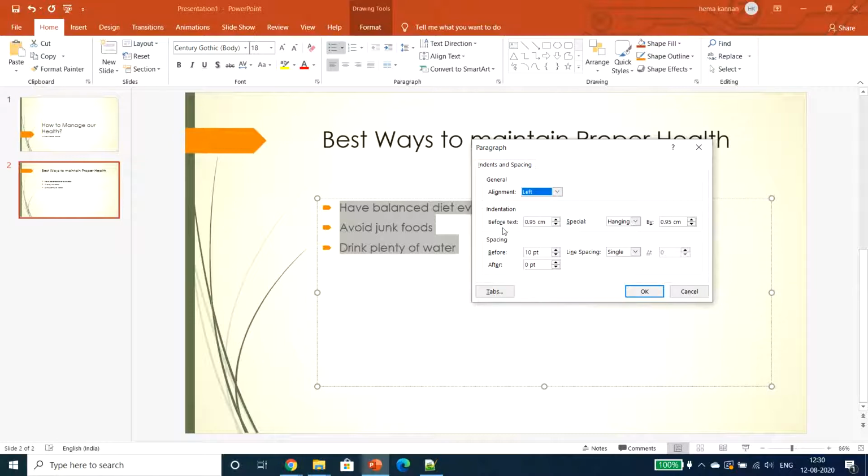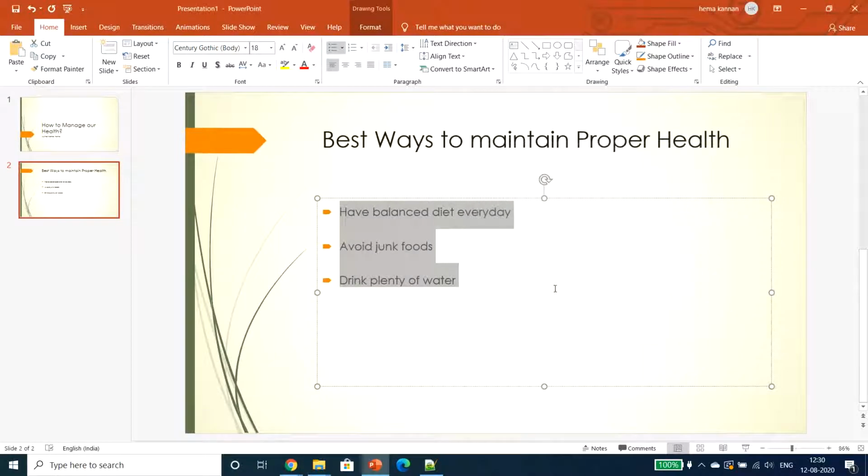Then indentation, then spacing. If you see, Before and After are there. Before is 10 point, afterwards I need to increase to 12 point, and line spacing as 1.5 lines. Okay, so see, it is spread across, and it will be easy for the audience to read.